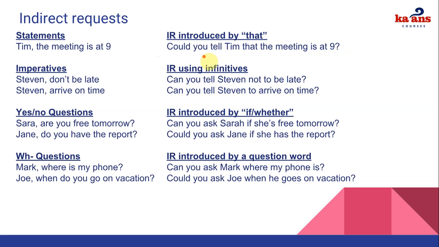So in this case, we don't involve person A and person B. We involve person A, person B, and person C, where person A is you. Okay? Person B is a friend or someone that is going to help you make the request, and person C is the final person. Okay? In this case, person C would be Tim. Okay? So imagine Tim, I want to give this information to Tim, but I don't have access to Tim. I don't know where he is, or I cannot reach him.